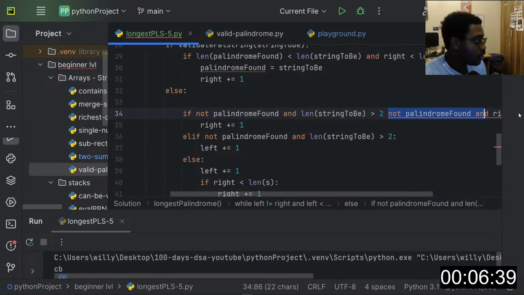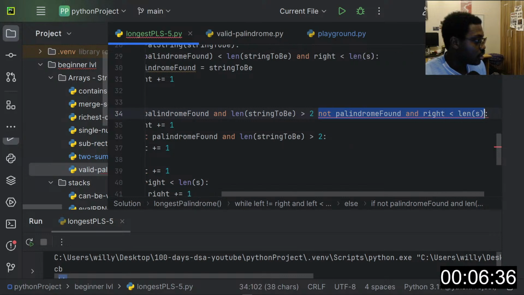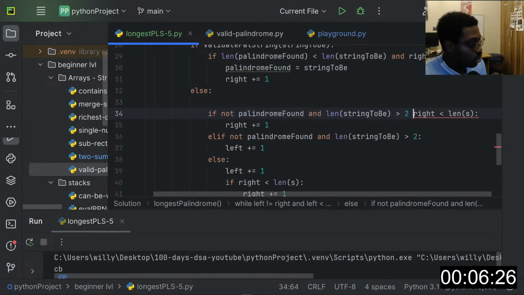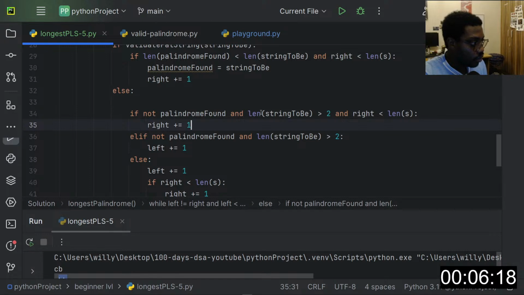I'll just take all the way. Okay. So if we've not found a palindrome and the length of the string is superior to 2 at this point, we know we want to move the left pointer, right? Want to move the left pointer as well. Else, if simply not,